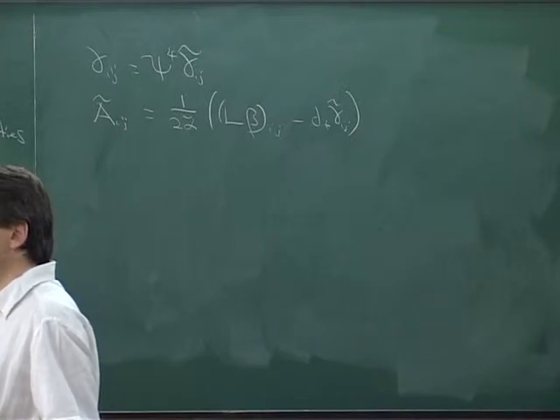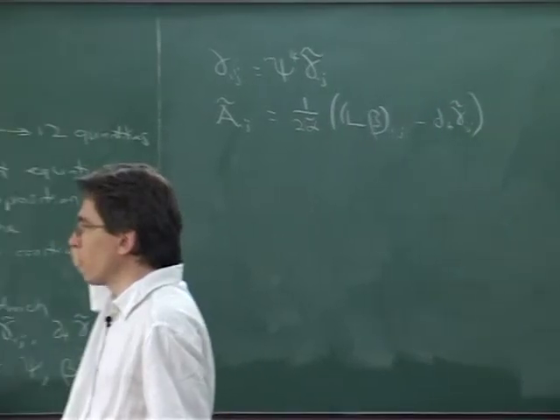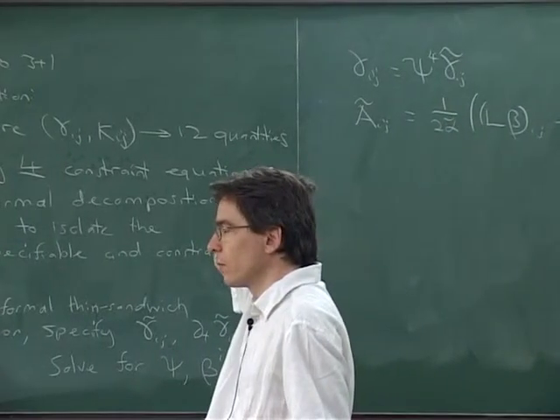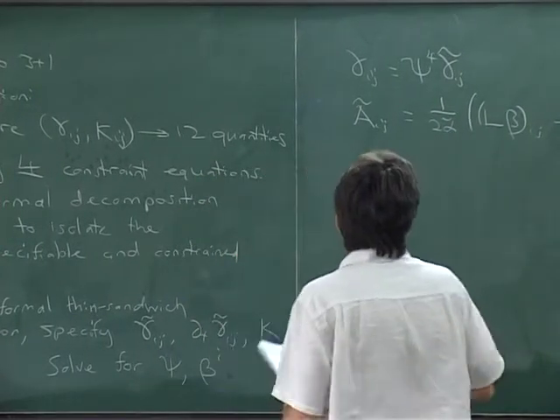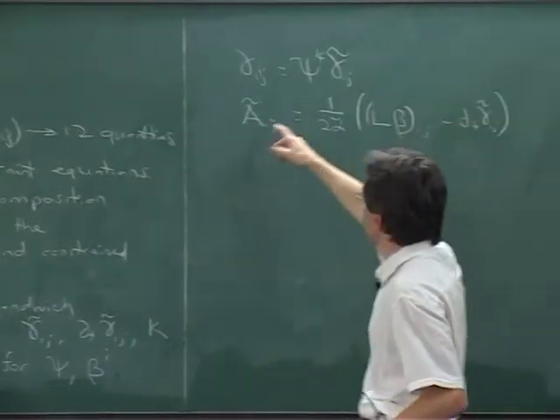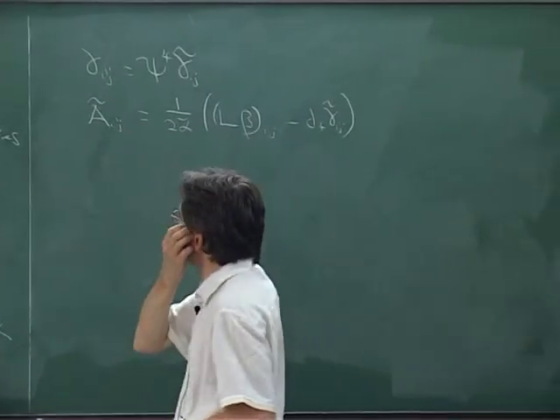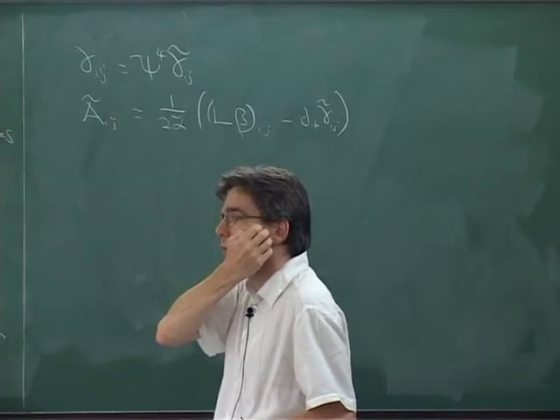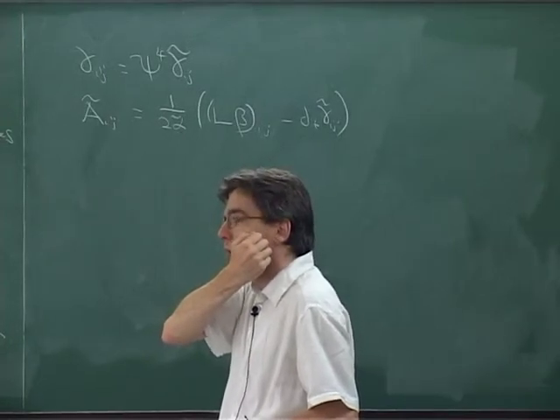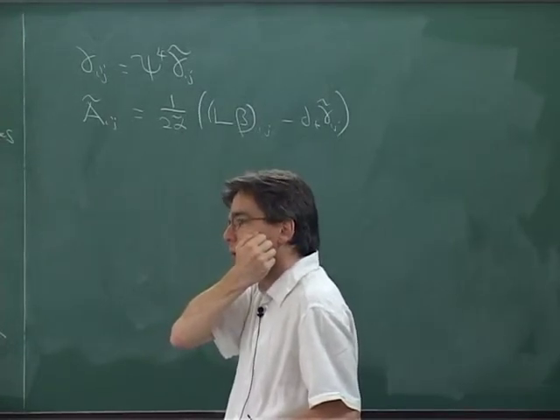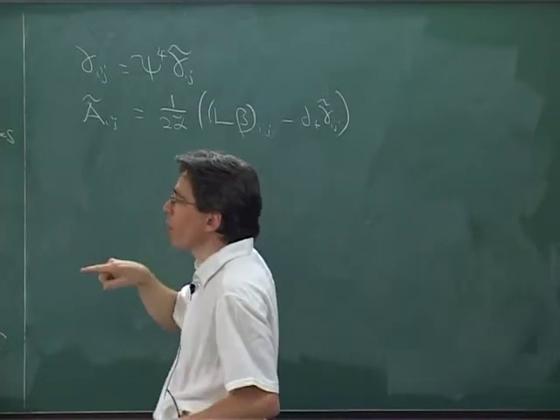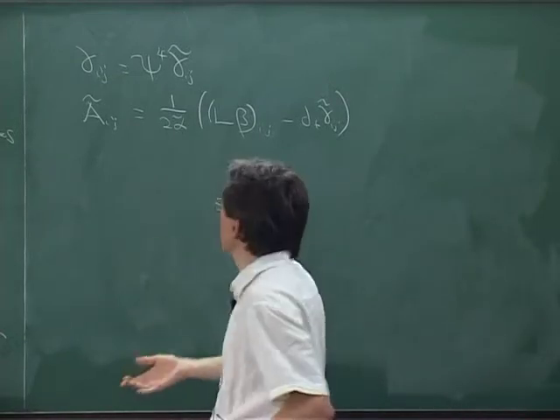Well, this is the definition of K ij: minus half the derivative of gamma ij along the normal. Right, but that ends up being, so if you rewrite, you could rewrite this essentially